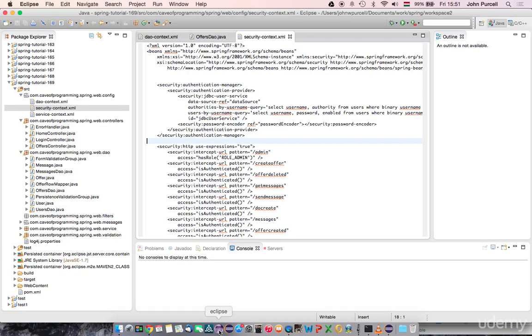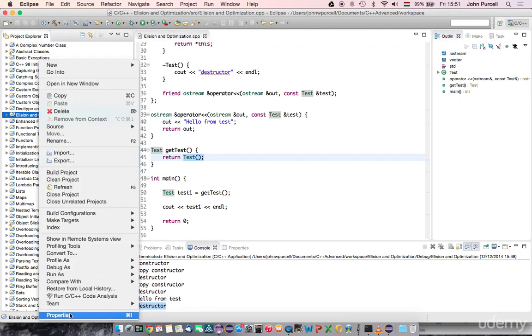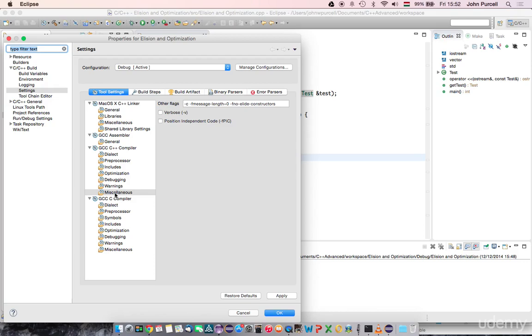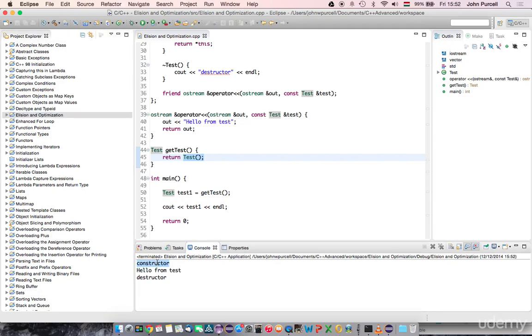If I go back to GCC, right-click my project, go to Properties, and then here in the miscellaneous part of the build settings for the compiler, this is where I added that flag. Your compiler may or may not have this flag available, and normally you don't want to use it. So I'm going to remove that now, and let's see how the situation changes. I click OK, and we click Run, and now we see that we've got rid of all those